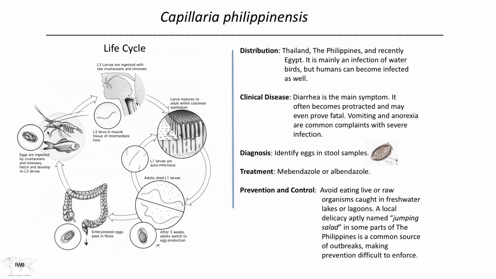Let's begin with the infected egg being eaten by an intermediate host. In this case, the intermediate host can either be a crustacean, a shrimp, or a minnow. And the infection is found in freshwater estuaries, which are adjacent to the saltwater transition from a river to, let's say, as it empties out into the ocean. It's a very popular area for people to come and harvest material, in this case, minnows and crustaceans of various sorts, for consumption.